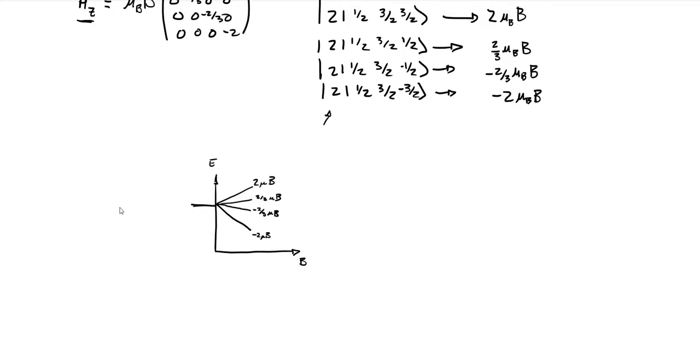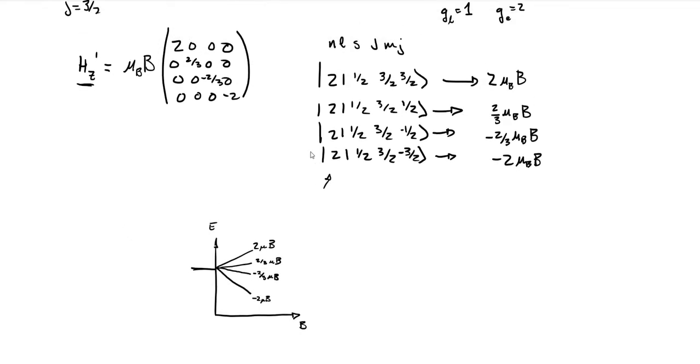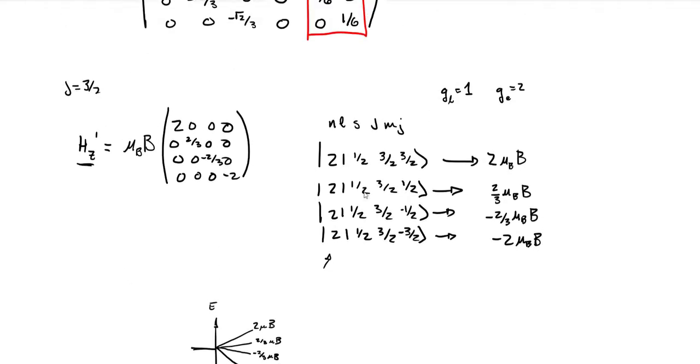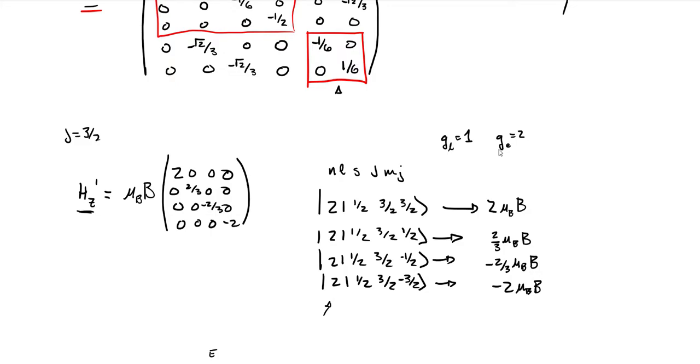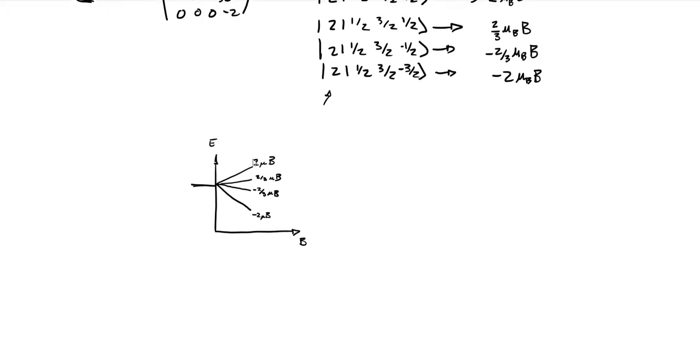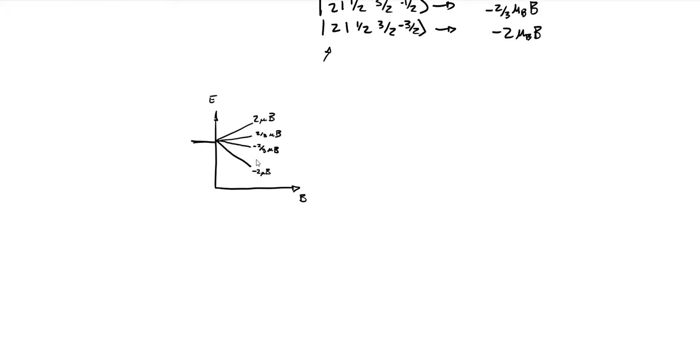We could also do the same sort of thing and look at the other degenerate subspace, this J equals 1/2 subspace. I'm probably going to assign that to you as a homework problem, and we'll see they split as well. Now, we were looking at a specific example, given L equals 1 and S equals 1/2 states.